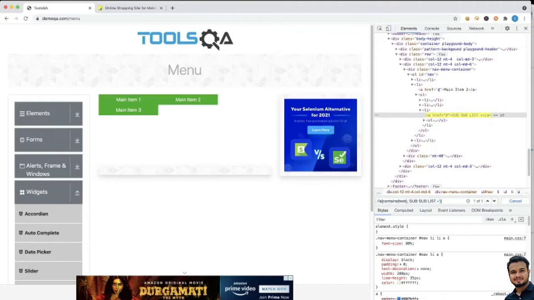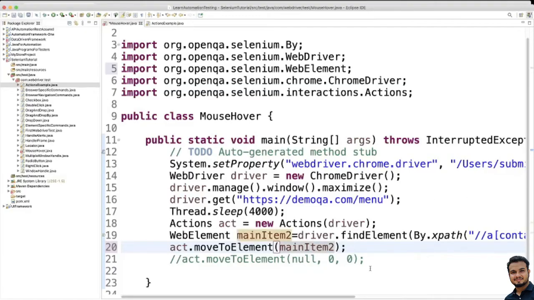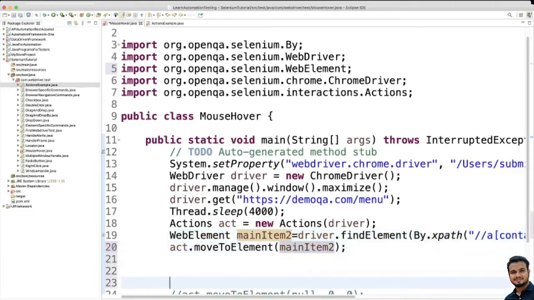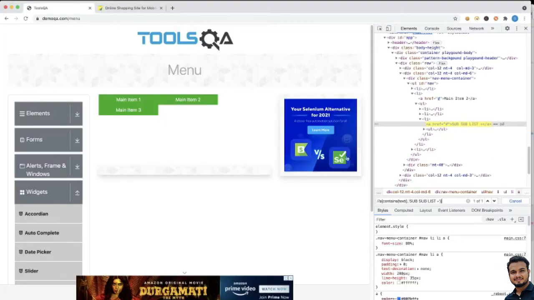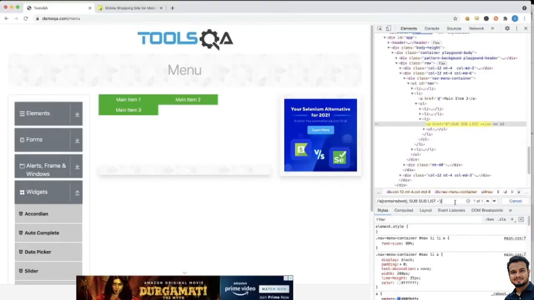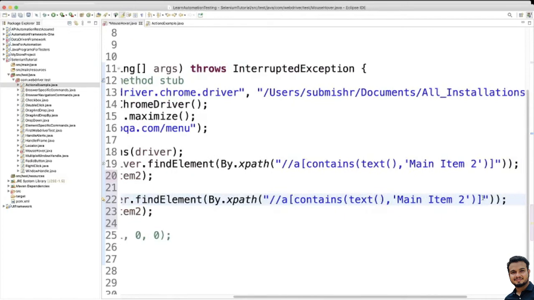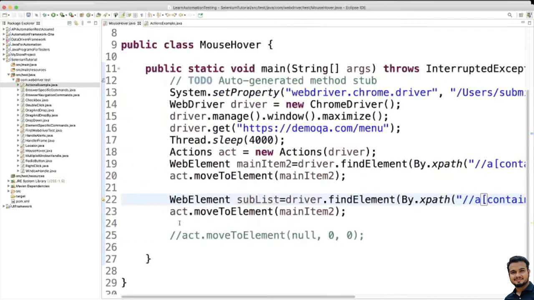and let's see if we are able to identify. Yes, we are able to identify. So first, we'll write one more web element, right? Another web element, and this web element name is, for example, sublist. So here we'll write sublist is equal to, and we'll take this xpath, driver dot find element by dot xpath. Here we'll write this particular xpath, and then action dot move to element where, in this